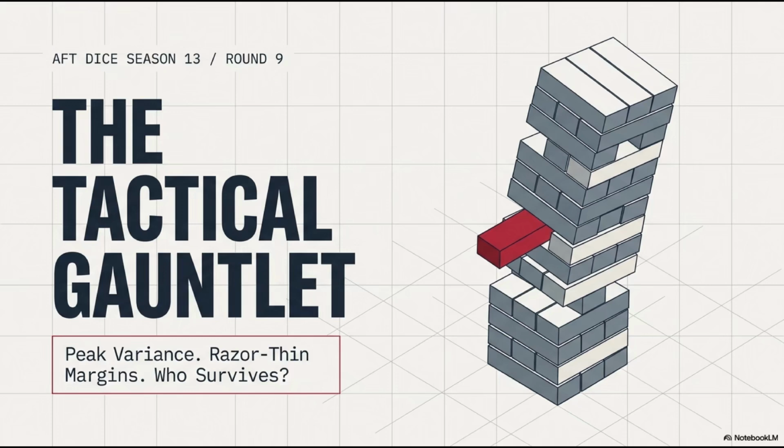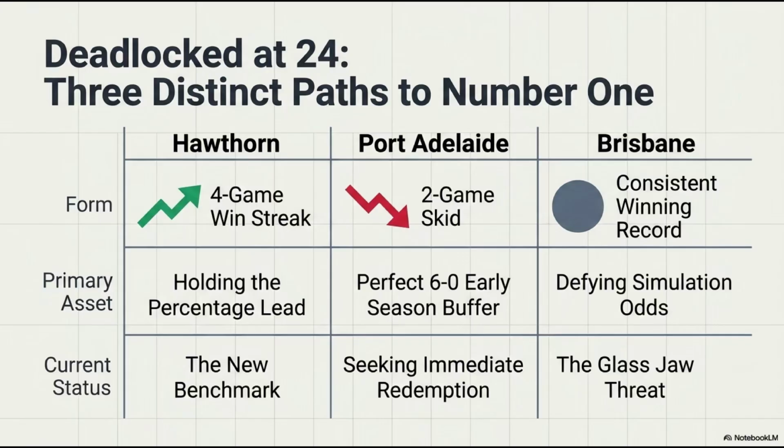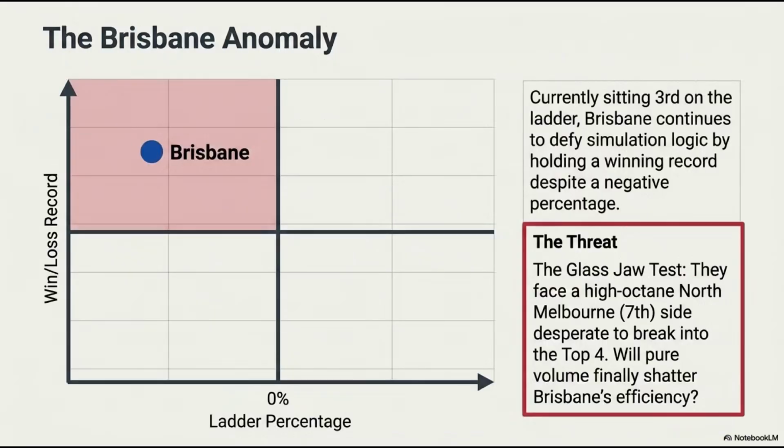And against a team like Carlton, who relies on a rigid defensive shell to stifle scoring, that safety net allows Adelaide's algorithm to take more aggressive, high-variance risks with their explosive offense. Because they have a buffer. Exactly. They can afford to roll the dice, literally and figuratively, because a loss just doesn't punish them as severely as it punishes the top 3.